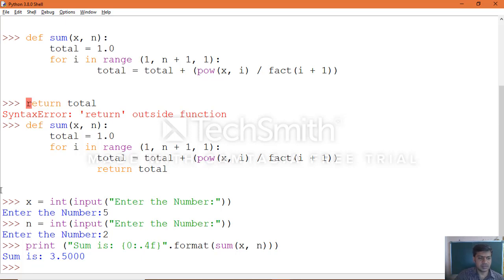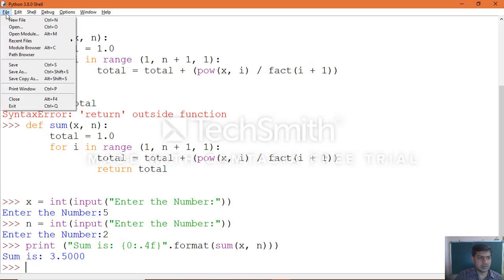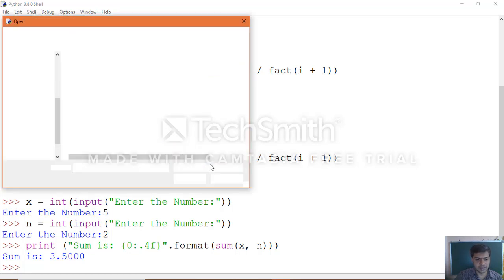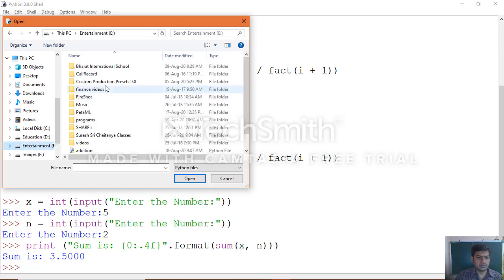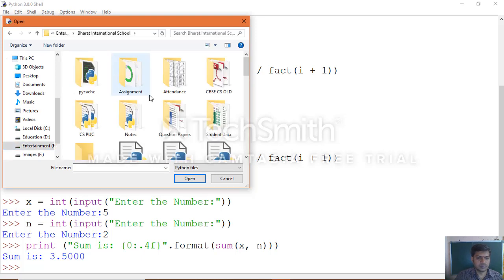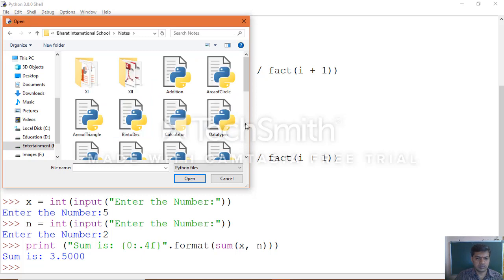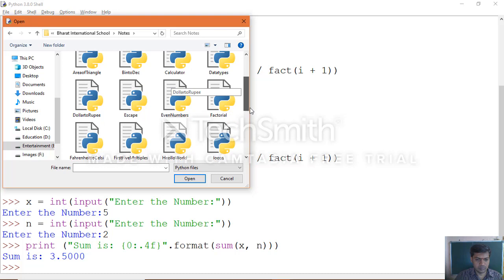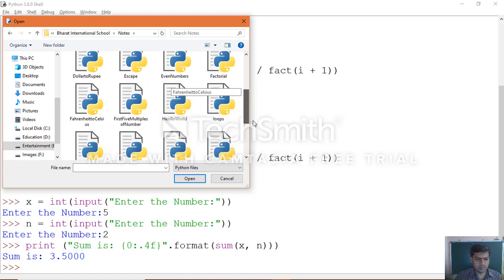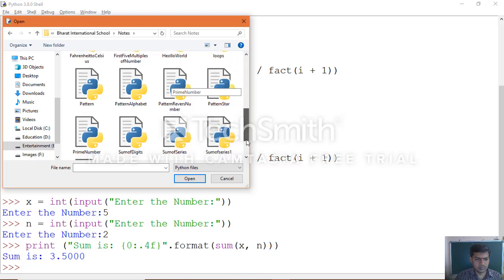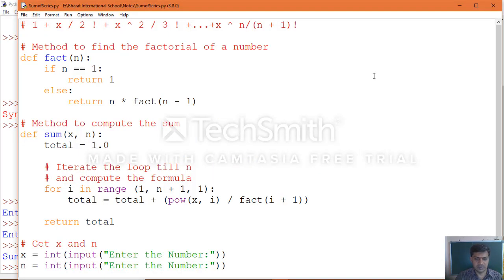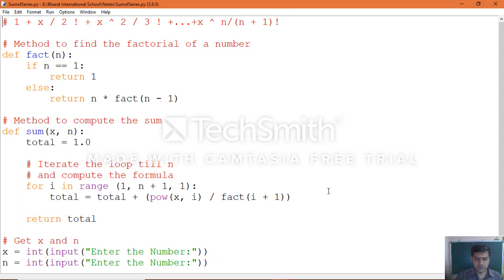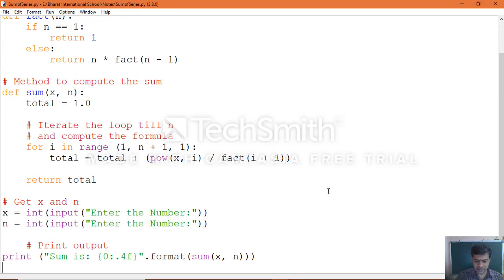Okay, so we'll execute the same example to understand how it calculates the sum of the series in the form of a script file. Let me open the application which I already created, sum of series. Some of the series we will be able to execute.